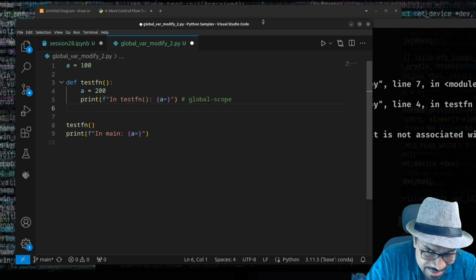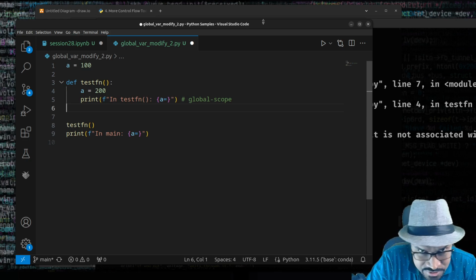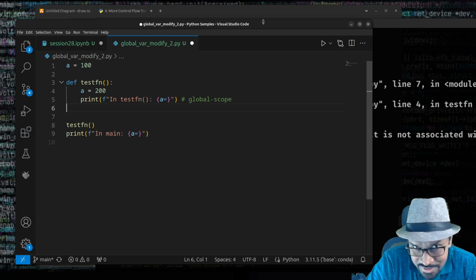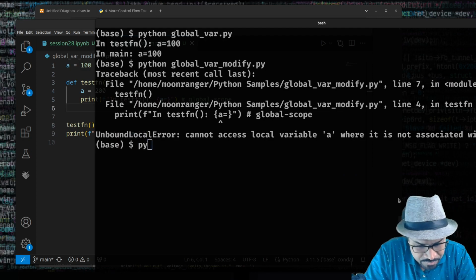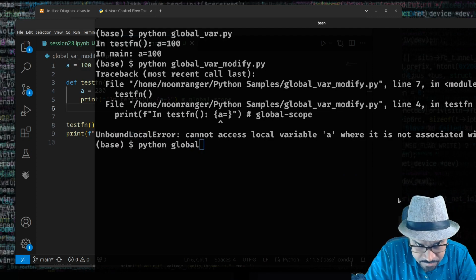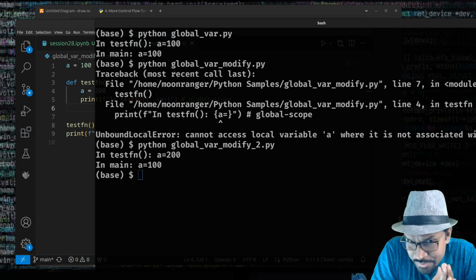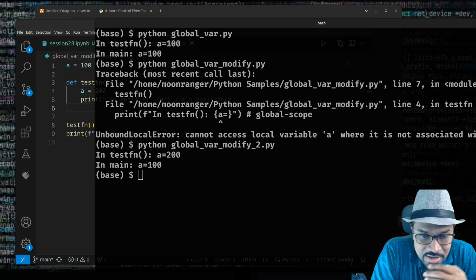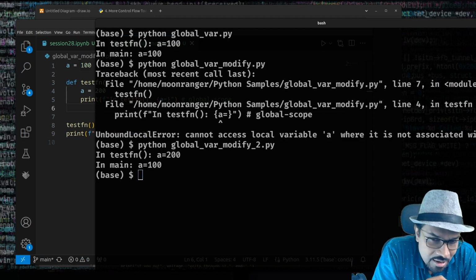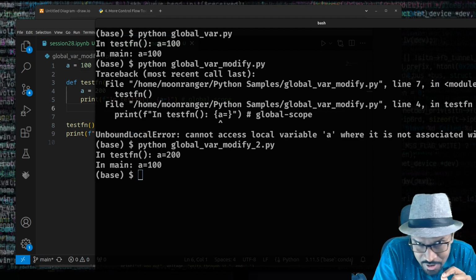Now you can see that in testfn, I set the value of a to 200 first. Then I'm going to print it. And I'm going to call testfn and I'm going to call the print function in the main. Now let me save this and run it. This seems to have no problem, and you can see the outcome of it. You can see that in testfn a is 200 and in main a is 100. Now this answers the question somewhat, but you need to understand what's going to happen when you define something inside